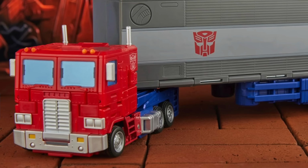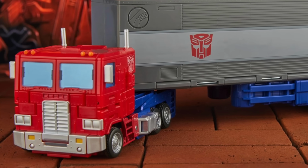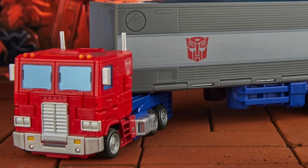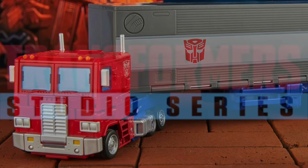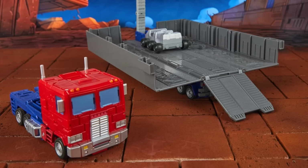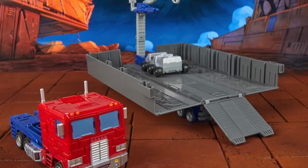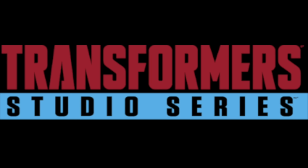In true G1 Optimus Prime fashion, he will also come packing with his original G1 trailer, which again appears to be very similar in design to that of the actual masterpiece. I think detail-wise, this is a big step up in comparison to the Earthrise version, but it is pretty much just a hollow box, and this is really where I do wish maybe Hasbro could give collectors the option between just Optimus Prime on his own and then Optimus Prime with the trailer,